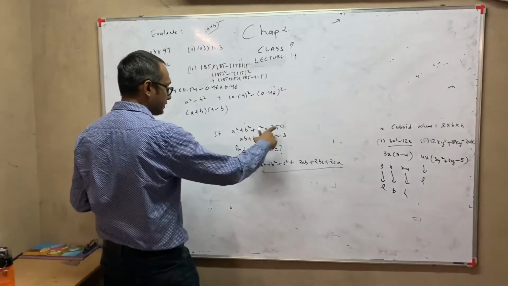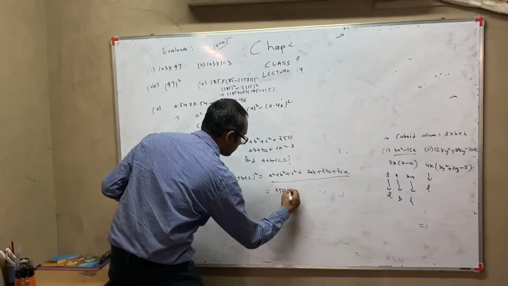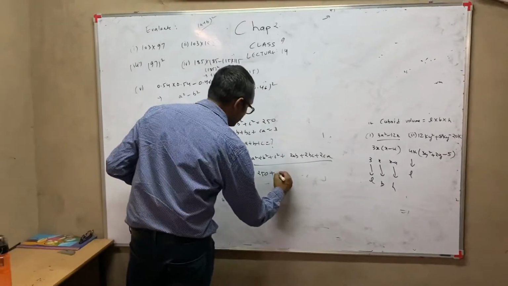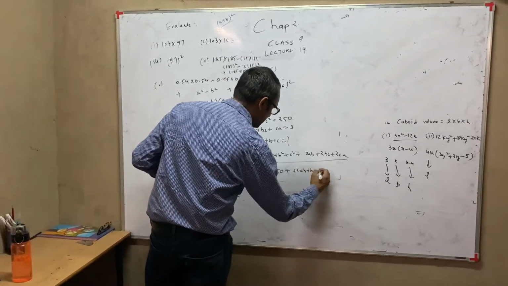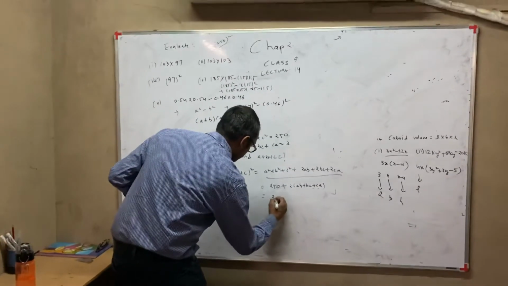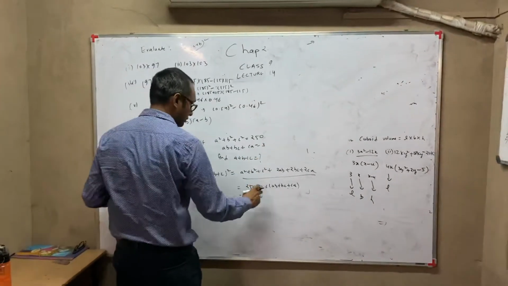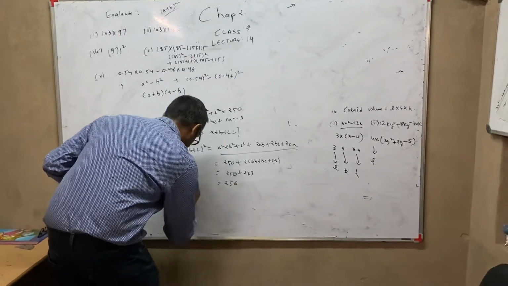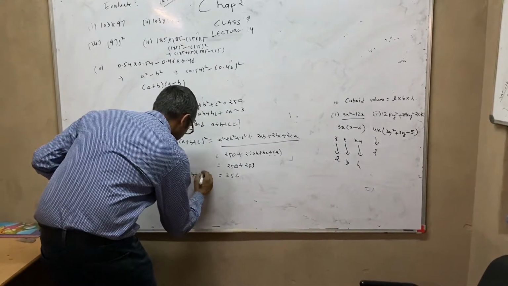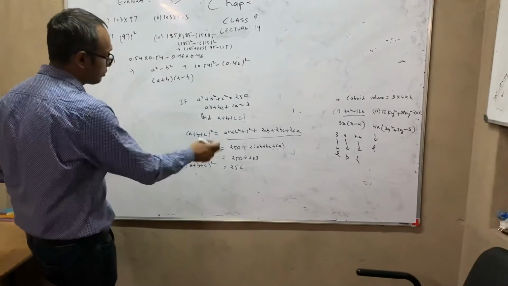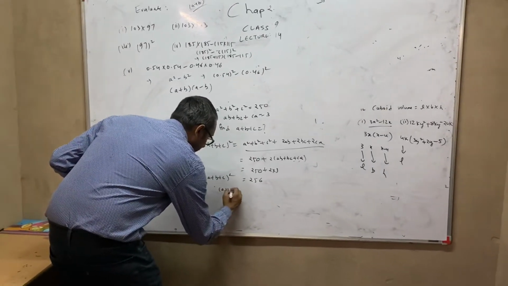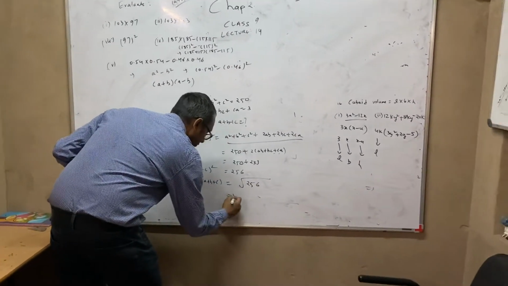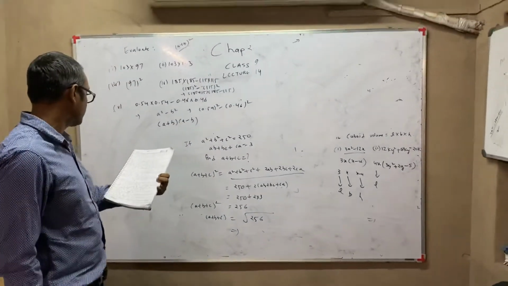Here they are given to be 250, so I will write 250 here. Plus, here they have given us the value of ab plus bc plus ca, but here I see a 2 written also. I will write it like this: 2ab plus 2bc plus 2ca. 250 plus, now instead of this, I will write 3. So 256 is a plus b plus c whole square. Now you just have to do the root of it. Okay, this I am leaving for you. You just finish the sum. Whatever the root is, you can find it.